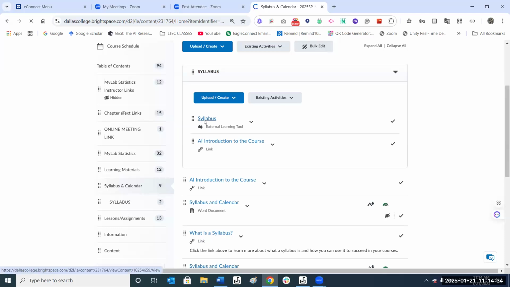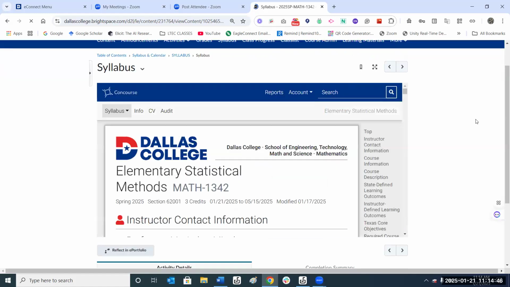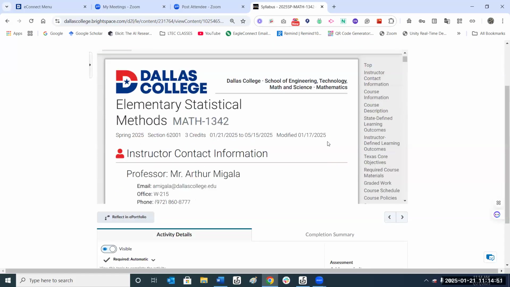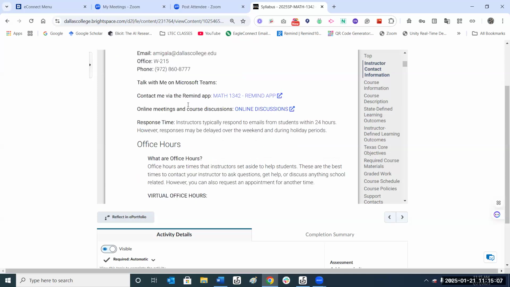We'll look at the syllabus. And this is what it looks like. It has my email. My office number is room 215. It's the other corner of this building on the second floor. But again, because of my schedule, I'm almost never there. I'm always in a classroom. So you'll see my office hours